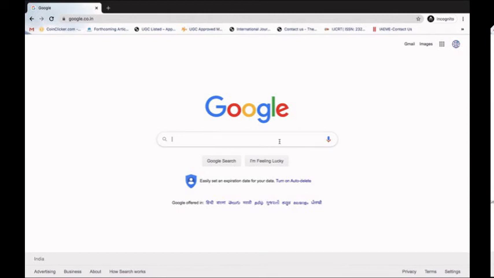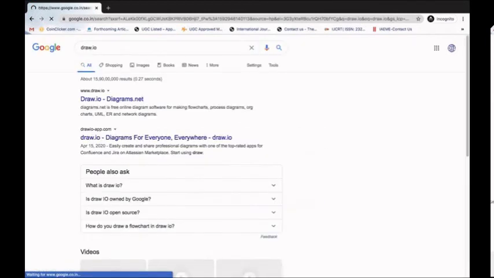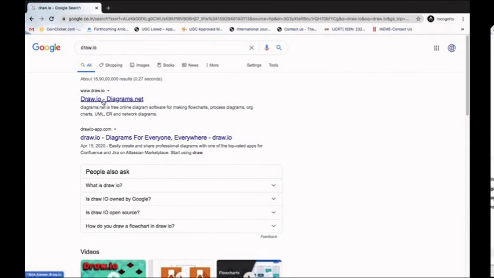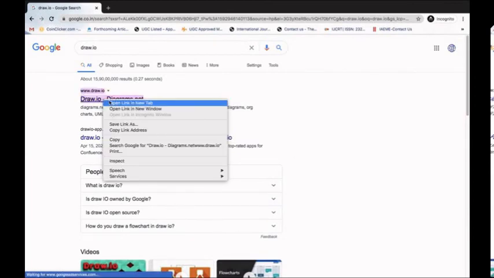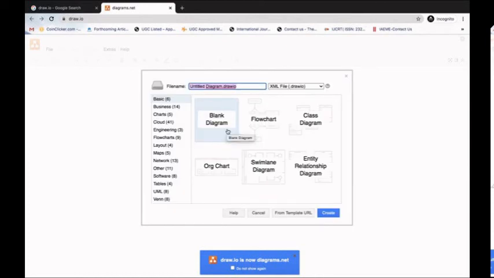Before starting anything, let me search draw.io on Google, and now the draw.io website is available to us. I can right click on it, and now the flowchart maker as well as online diagram is available to us. We can use it in an online mode as well as in an offline mode. In the online mode, it will ask you to select one of these: create new diagram and open existing diagram. In case of create new diagram, you have to click on create new diagram, and the moment